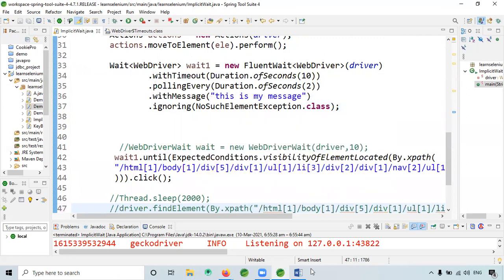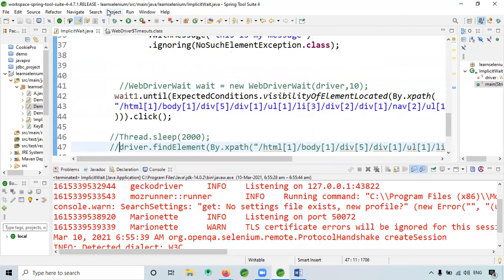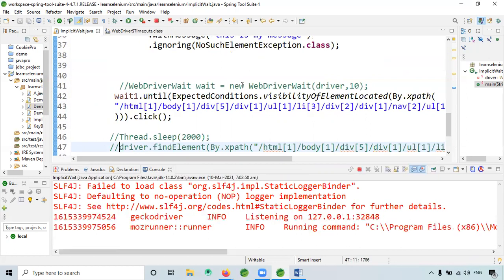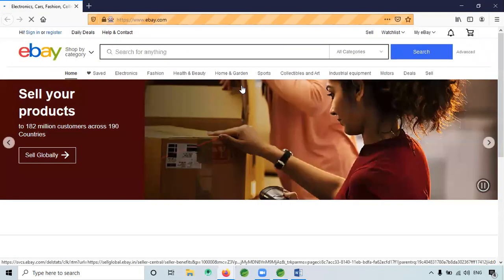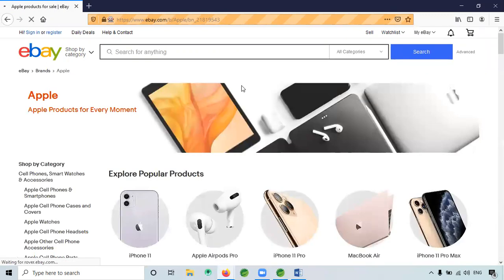Now let me check whether the code will work or not. If I run it. Okay, clicked. Apple is clicked. It is working.